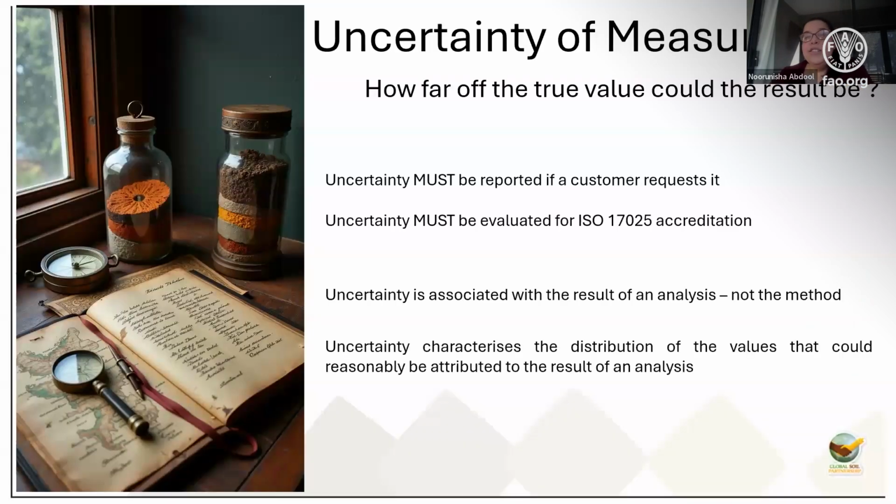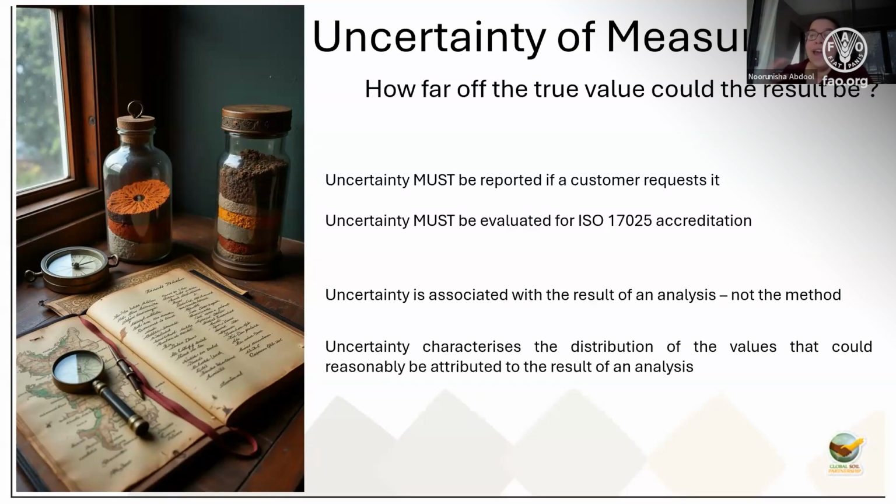So measurement of uncertainty is basically how far from that true value can I be within a range. Why would we want a measurement of uncertainty? It has to be reported to your client if they request it. Normally on a report from your laboratory, it will say organic material 3.45%, and it doesn't say plus or minus 0.22% at the end. That 0.22% is actually your uncertainty of measurement, that if your client requests it, you have to